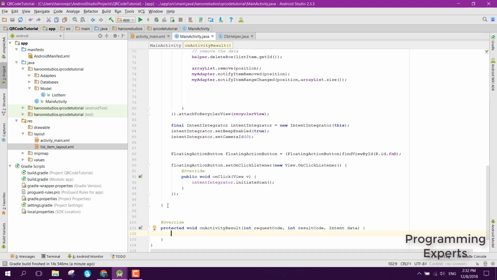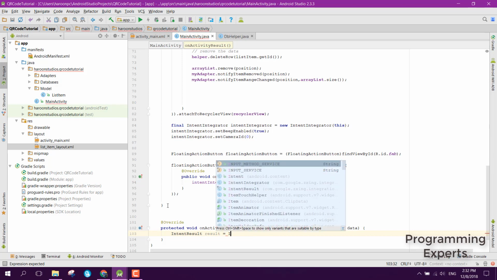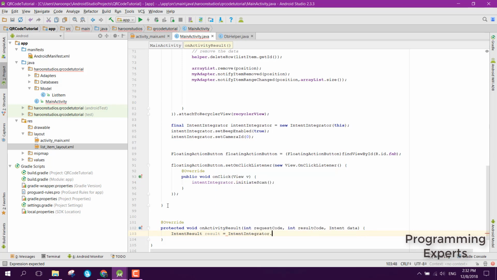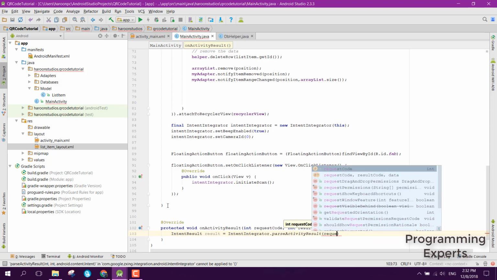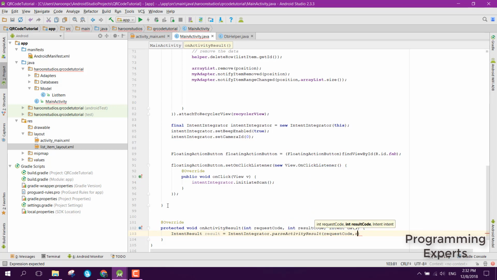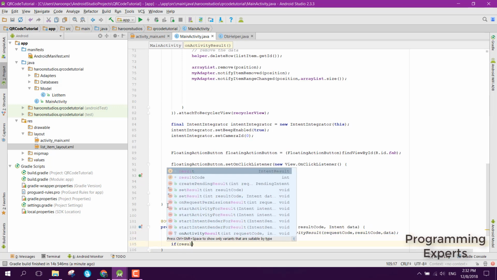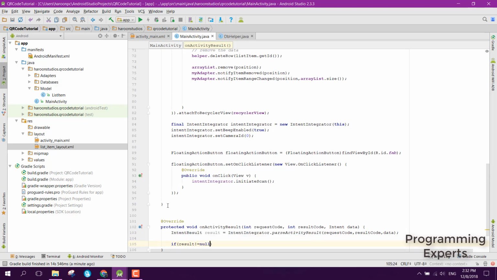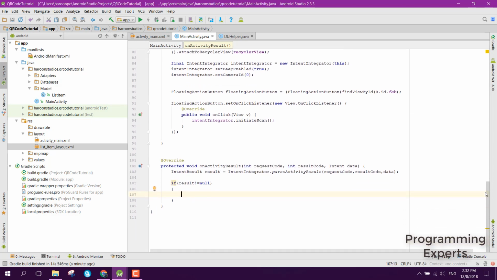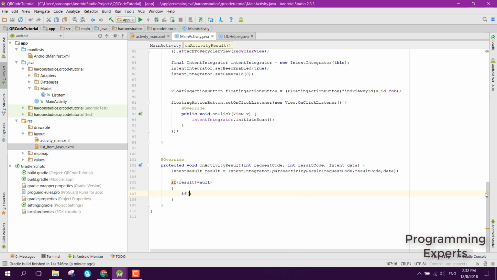So here we can first of all say IntentResult result equal to IntentIntegrator.parseActivityResult, and here we can pass first of all the request code, then the result code, and then the data, and then we can say if result is not equal to null,